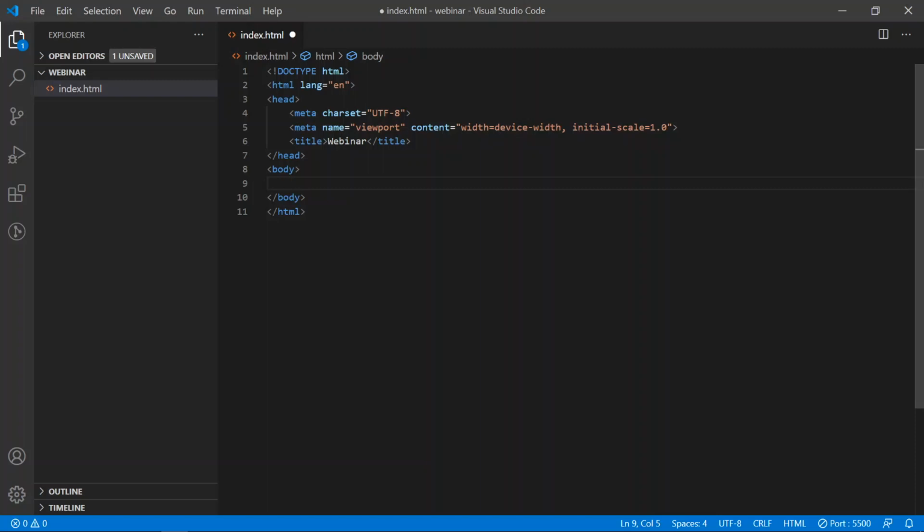So I'll put some comments. If you don't know about comments, comments are something that the browser won't render or won't display on the web page. If you want to keep track of what code we are writing, if you want to make sense of the code, we put some comments on what we are writing, at the bottom or above, so that if anyone is going to work on that in the future, they are going to make sense of it. That's why we write comments mostly. So to write comments in HTML, we'll put it like this,